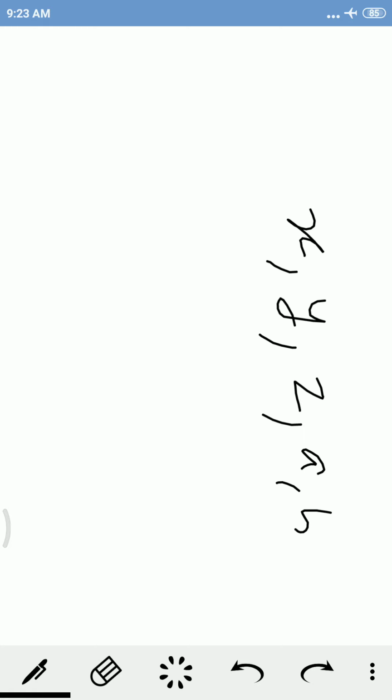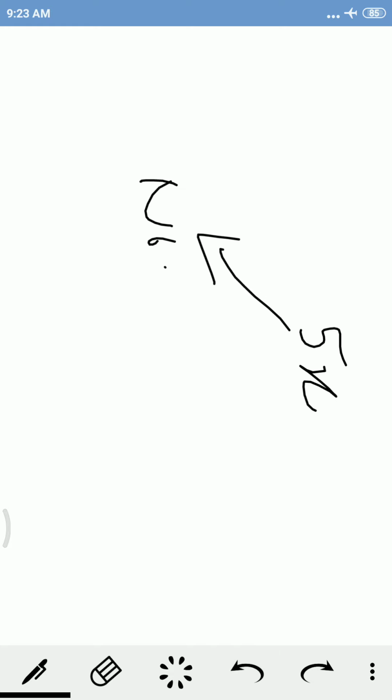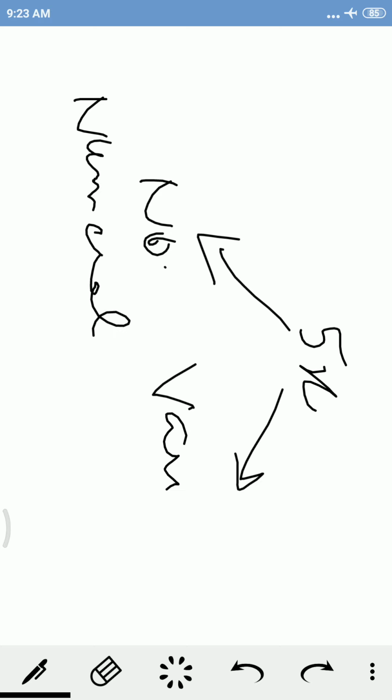Now all of you know that in algebra, if there is any unknown value, we take a variable for that, like x, y, z, a, b, c. We can denote any variable for a particular value. Now when I write 5x, what is 5x? It's an algebraic expression where 5 is a number or numeral, and x is a variable which can take any value.